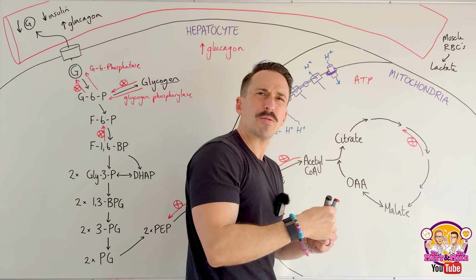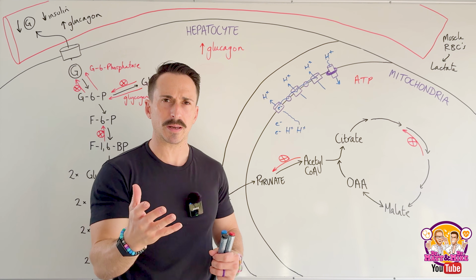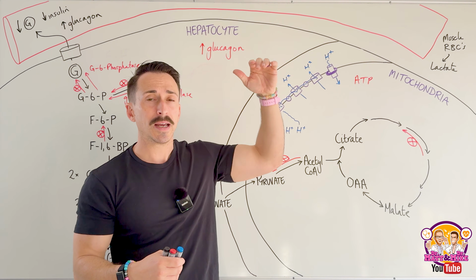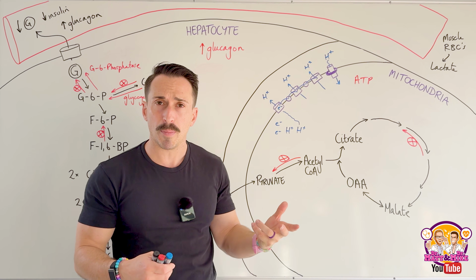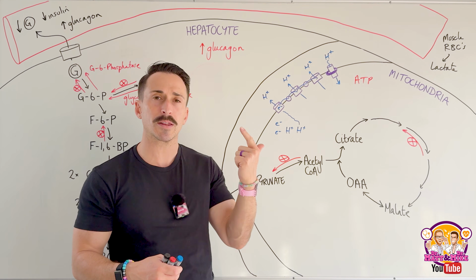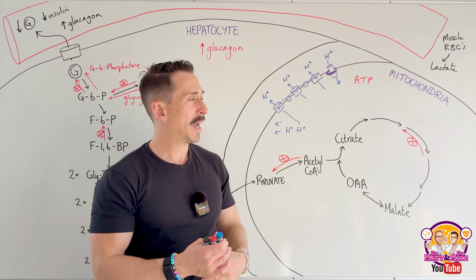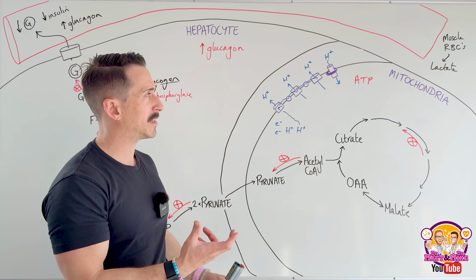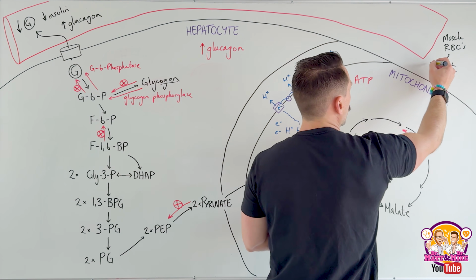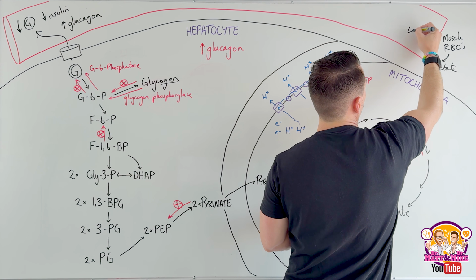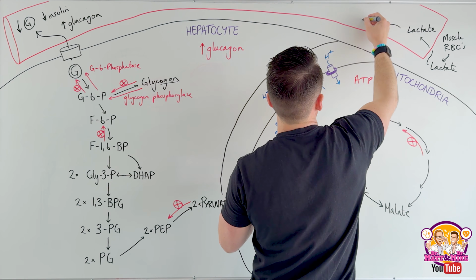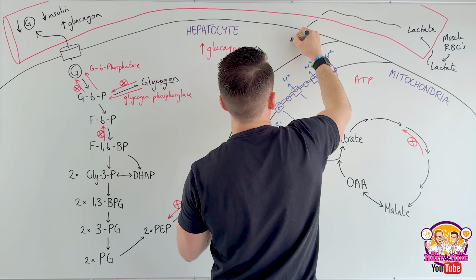Now you might be thinking, I thought lactate's only produced under anaerobic conditions when there's not enough oxygen. That's true, lactate will go higher, but lactate is always produced by these tissues. The liver always produces some amount of lactate, the muscle and the red blood cells always produce it. And so when they produce it in the fasting state, they go, what do I do with this? I'm just going to dump it off into the bloodstream. So that lactate will enter the bloodstream, and that lactate will end up making its way through to the liver,